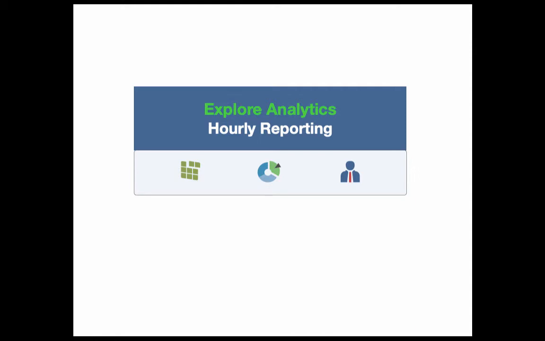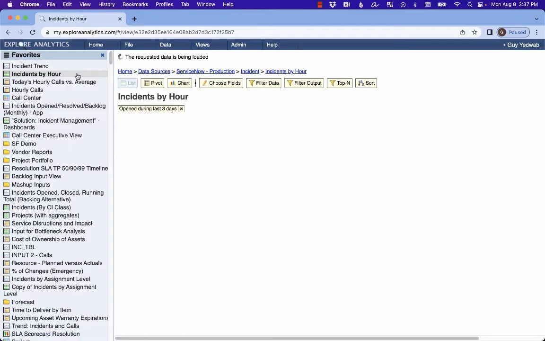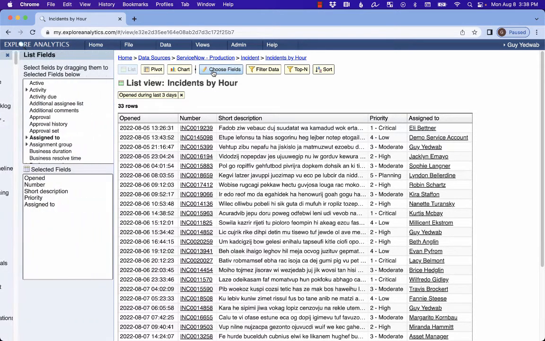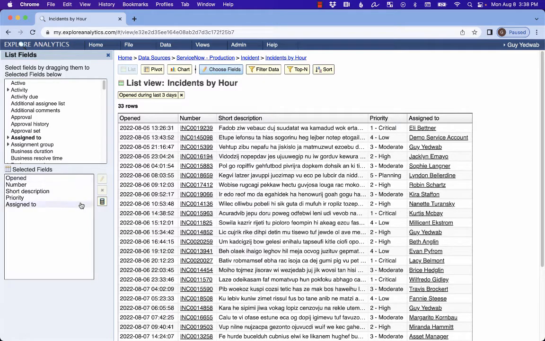The way that we do this is by running a query to ServiceNow to gather the incidents that we need in real time, and then building a report on top of that. That's something that we call in Explore Analytics a composite view, and it allows you to use calculations that ServiceNow doesn't support by default. So here I have my list of incidents by hour,